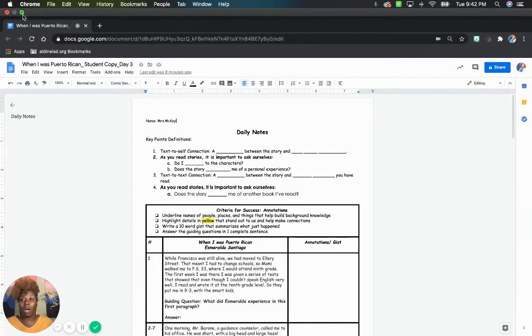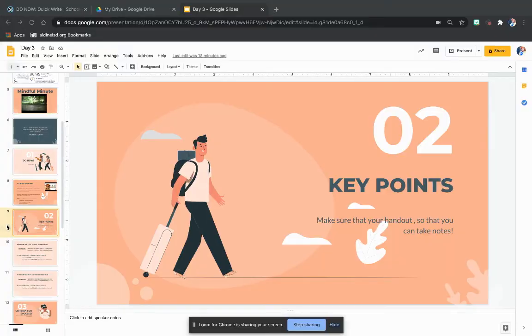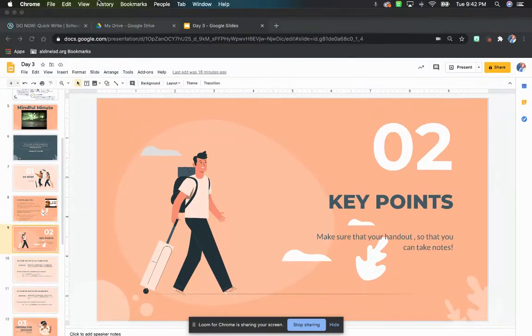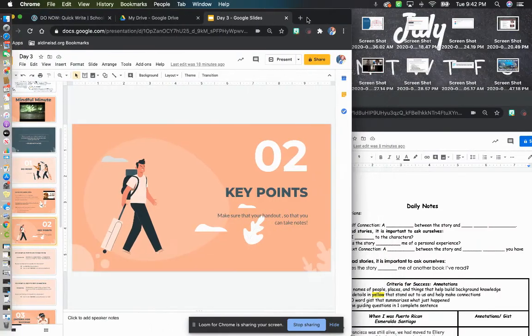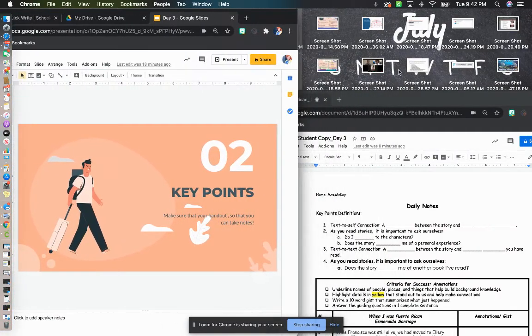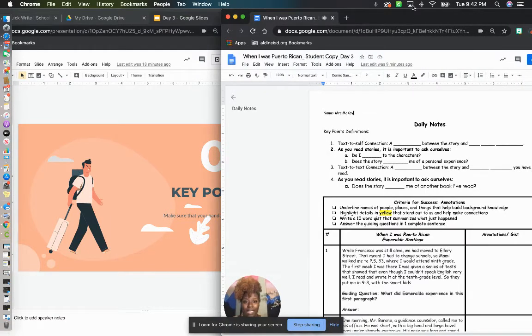follow along. And what I'm going to do is split my screen, if I can, and make it so we can follow along together. I think that works.